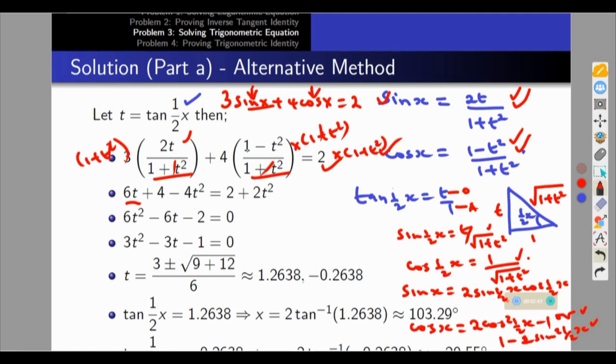You remain with 4, then minus 4t squared. Then you multiply 2 into 1 plus t squared. You get 2 plus 2t squared. So try to rearrange this, bring everything that side. 4t squared plus 2t squared, 6t squared, then minus 6t when 6 goes that side, then 2 minus 4 will give you minus 2. So likewise, when you try to simplify, you will get 3t squared minus 3t minus 1, which is equal to 0. Solve this expression, you'll be able to get these values for t. But we know that